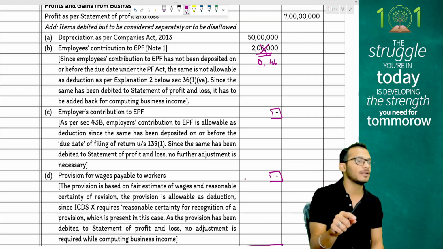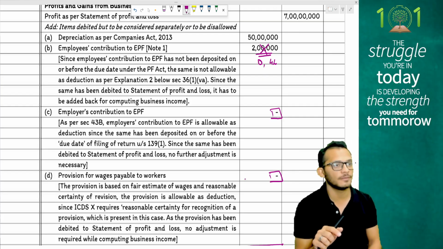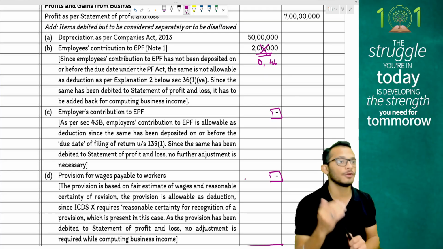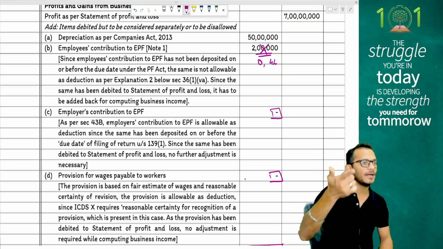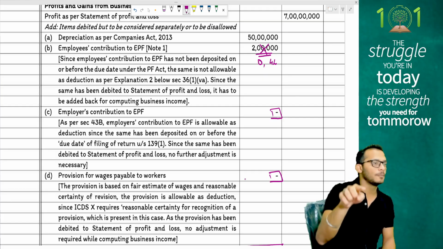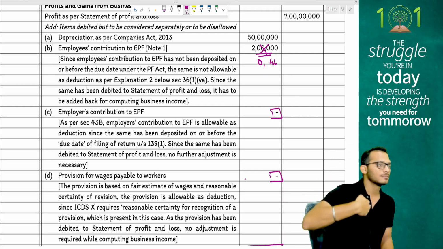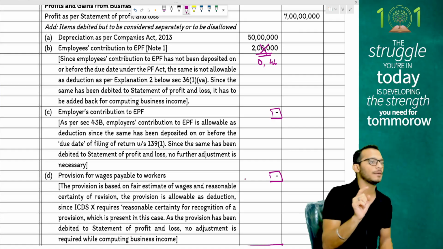My question is, part of P&L meaning debit or credit? You don't know, because it's employees' contribution. Normally an employee's contribution means what? You will receive money from employee and then you will pay it back. If you're receiving money from employee, you would have credited to P&L, and then you're paying back, so you will debit to P&L. When is the credit happening? It's happening in March. When is the debit happening? It's happening in June. I am in March. Have I made the payment on time?